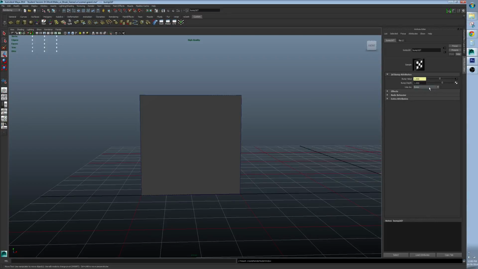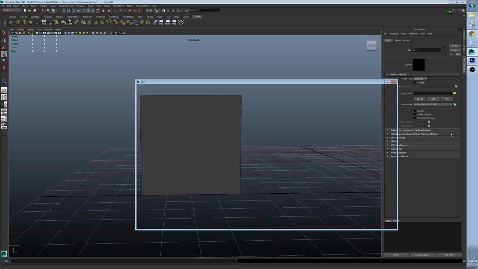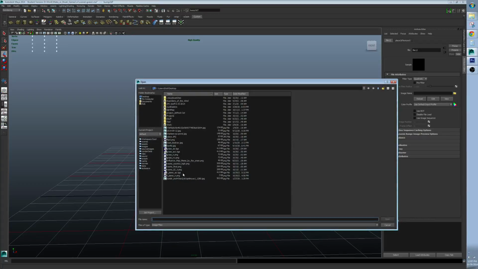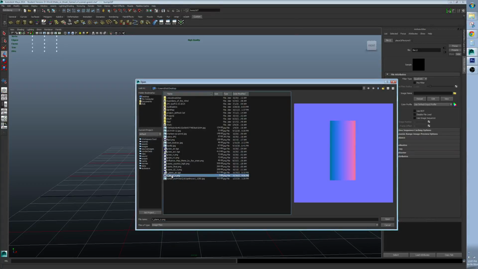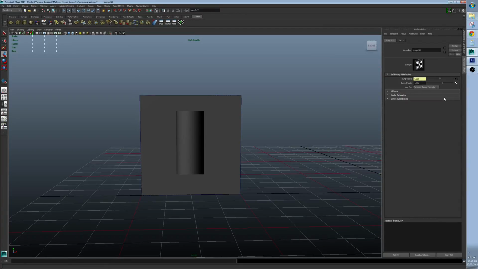So rather than using this as bump, when this comes in, we want to use it as tangent space normals, because that's what our normal map can read. I'm going to hit this arrow up here. It's going to send me back to here, then I'm just going to hit the arrow again, and then I can browse for my normal map. So we've got the normal map in now,